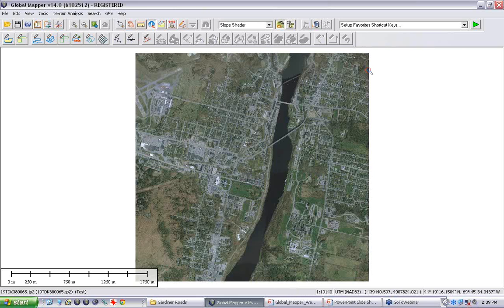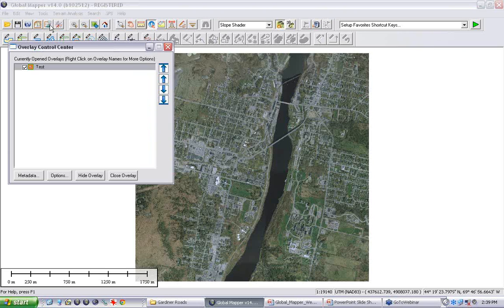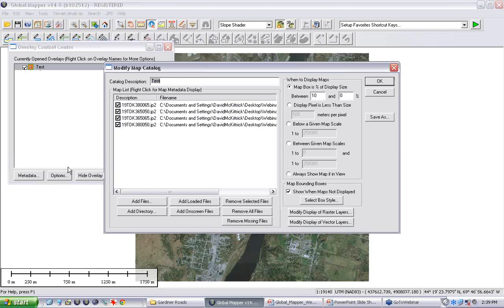And you'll see there are 4 individual tiles. However, in my Overlay Control Center, there's only one object. And I can turn it off. I can turn it on. I can go to Options, go back into this dialog box, and again, reset some of these parameters, add additional